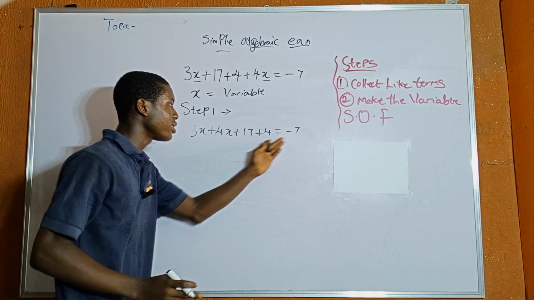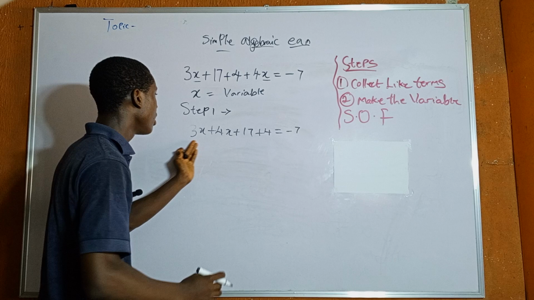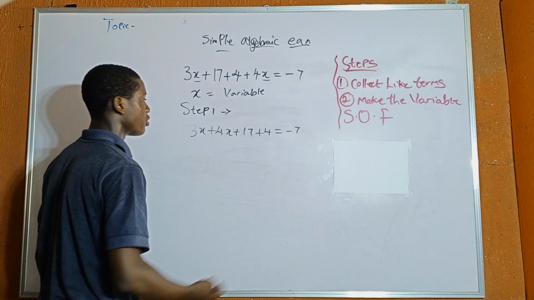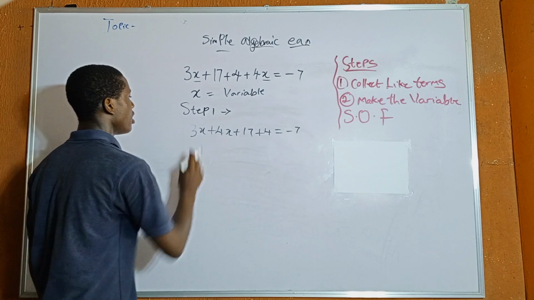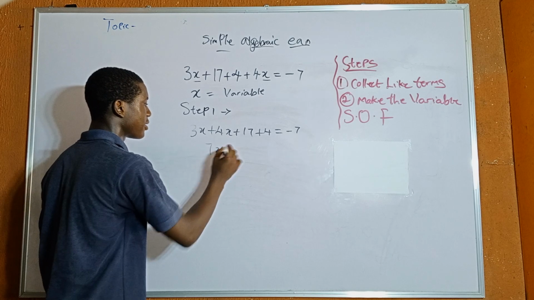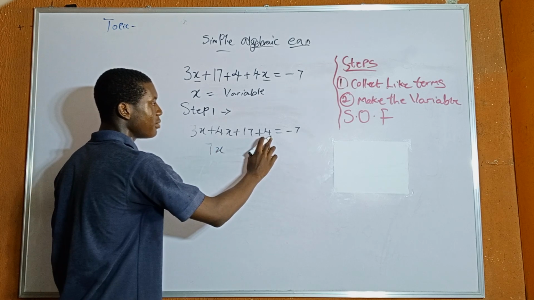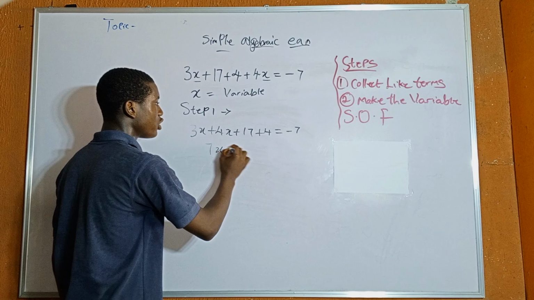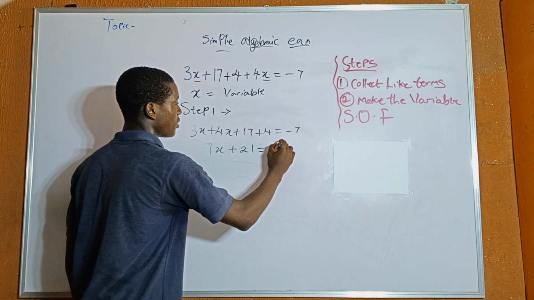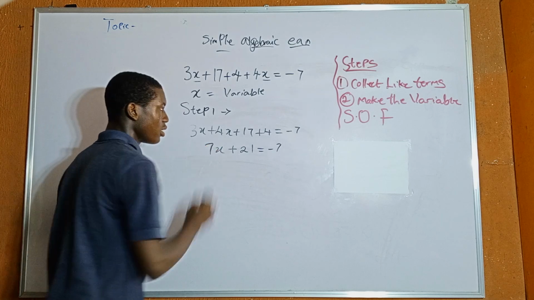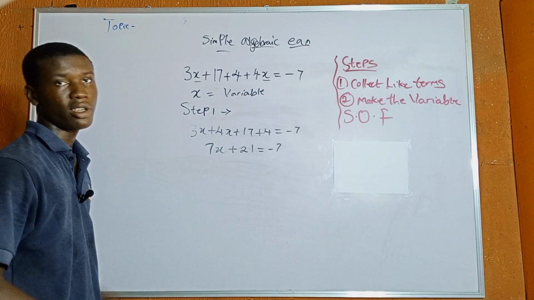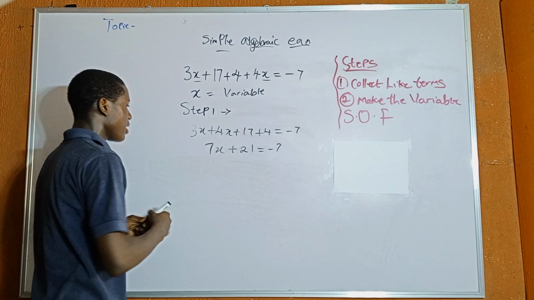Now, as you can see, we have brought out the like terms. So now let's add them or subtract them according to the signs. So this is 3x plus 4x, which will give us 7x. And this is plus 17 plus 4, which will give us plus 21 equals minus 7. Now, after doing this one, we've done step 1 of the question. But the step 2,